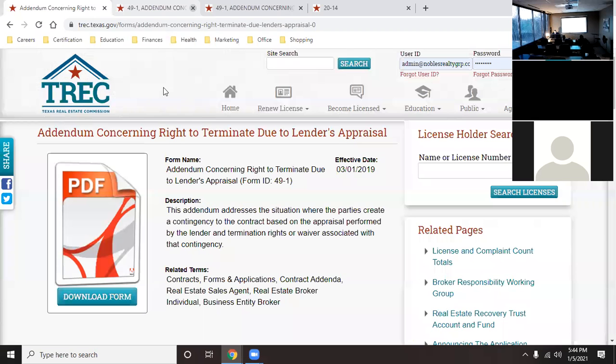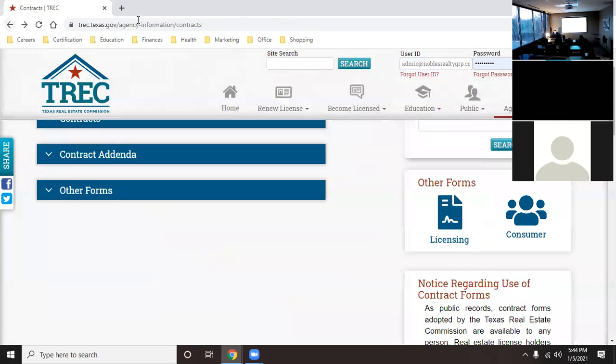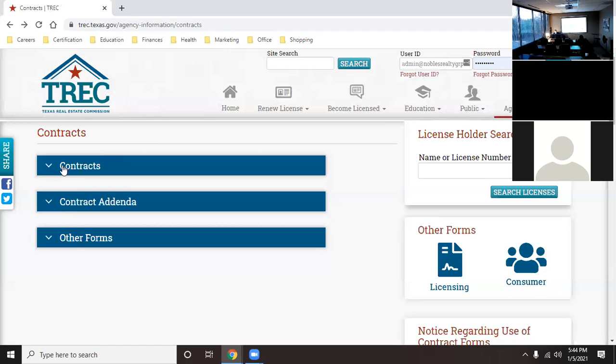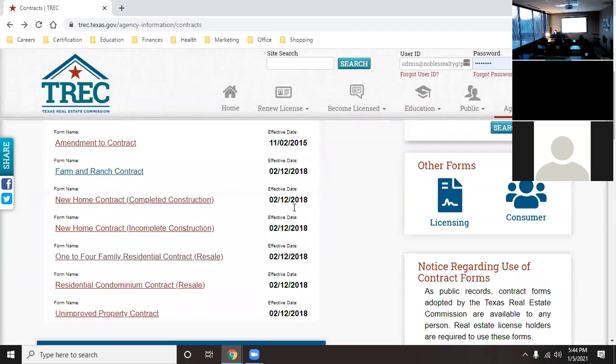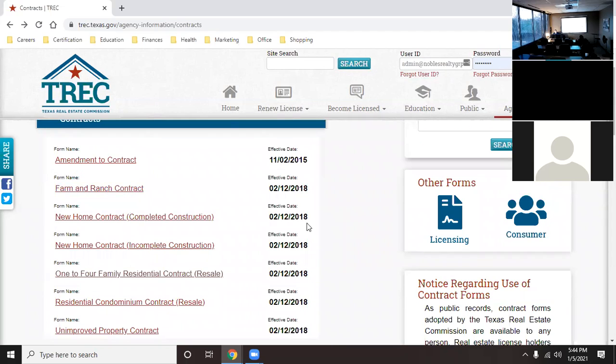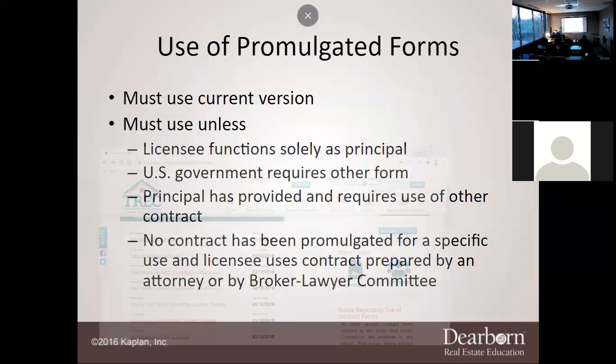So if you ever get bored one day and you're like, I just want to get on TREC's website and act like a police officer and go through and report them for everything. There's a ton of forms, and here's your effective dates. And if they don't match, write a list and send it over to TREC if you want to. It's up to you. But I don't have time to do that, so I'm not going to use that. I pay for a platform, and if the platform's wrong, I can go back after the platform, not after myself. You see what I'm saying? Okay? So I'm just going to minimize that because we're going to use that a lot tonight.